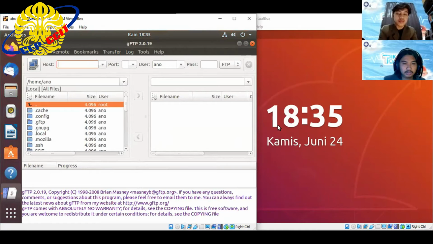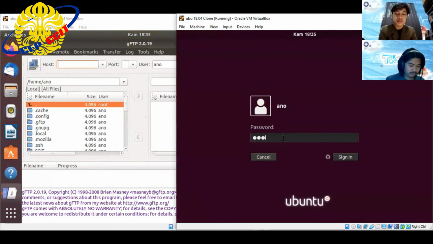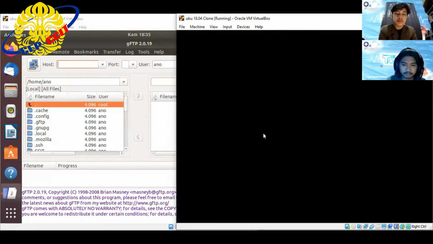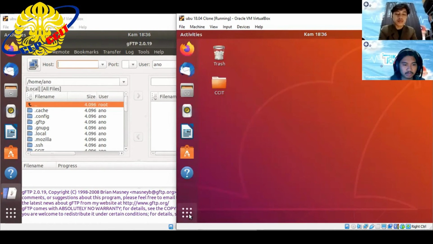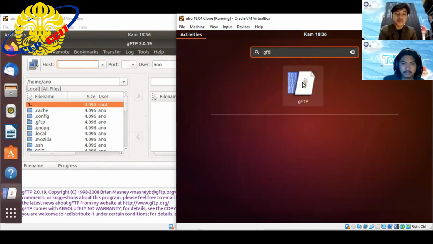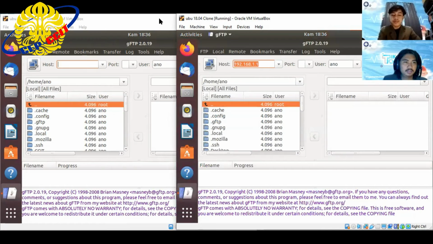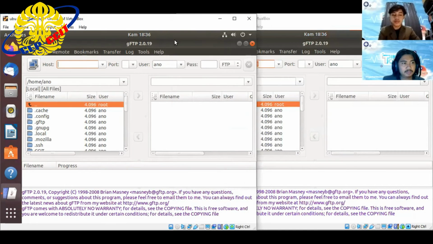And then go to the client. Same, you must go there and click the GFTP and then click here. What is my IP address from the server?